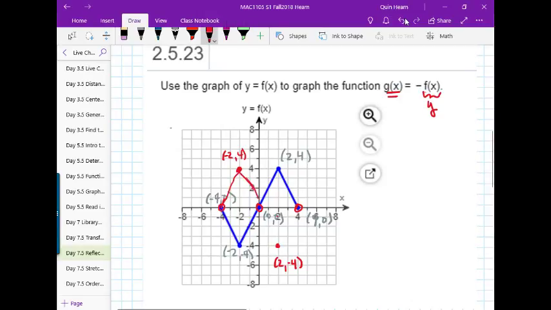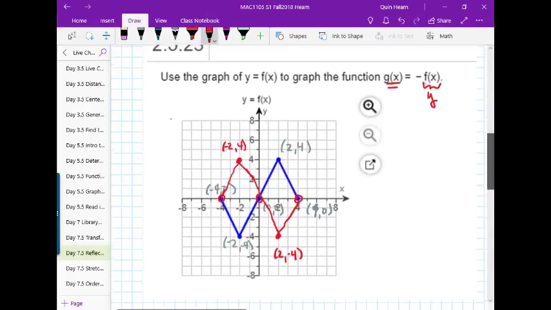All right, so connecting the dots. This is supposed to be straight. All right, we're gonna have a reflection over the x-axis. So you see how the left side flipped up and the right side flipped down. All right, so in general,